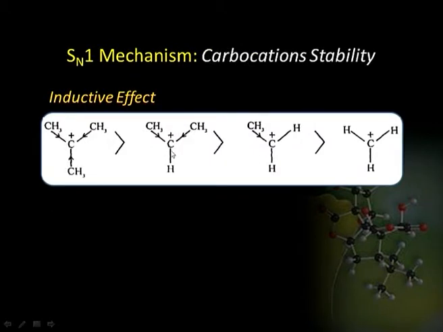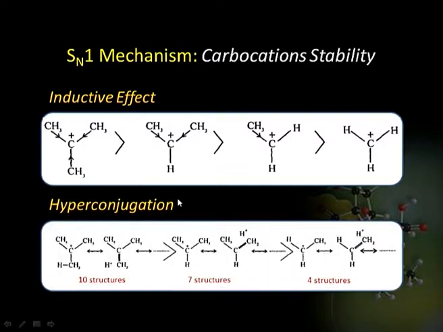As can be seen here, the inductive effect is imparted in case of the tertiary carbocation by the 3 methyl groups, and here we have 2 methyl groups which stabilize this carbocation by inductive effect. Similarly, we have only 1 methyl group in case of primary, whereas for the methyl carbocation we do not have any inductive effect which could stabilize it, hence the order of their stability and reactivity.